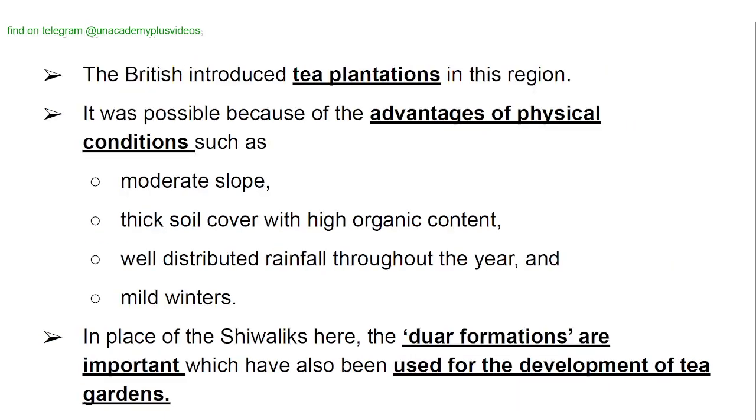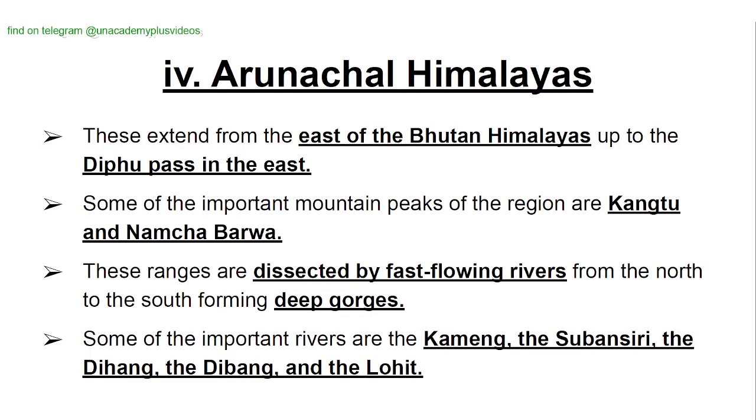The British introduced tea plantations in this region. It was possible because of the advantages of the physical conditions such as moderate slope, thick soil cover with high organic content, well-distributed rainfall throughout the year, and mild winters. In place of the Shivaliks here, the duar formations are important, which have also been used for the development of tea gardens. Arunachal Himalayas. These extend from the east of the Bhutan Himalayas up to the Diphu Pass in the